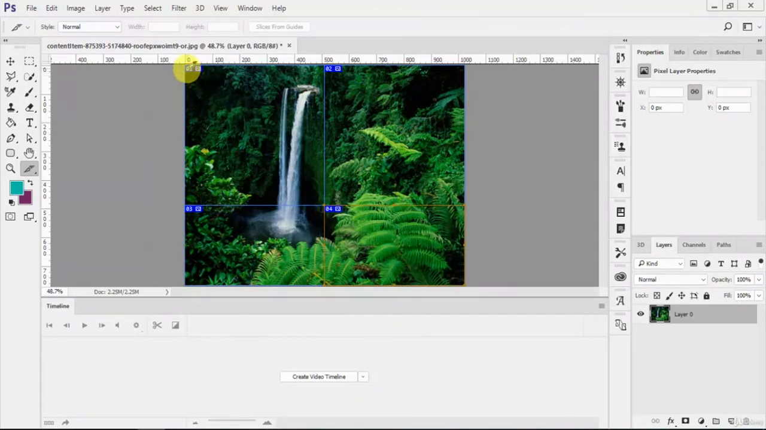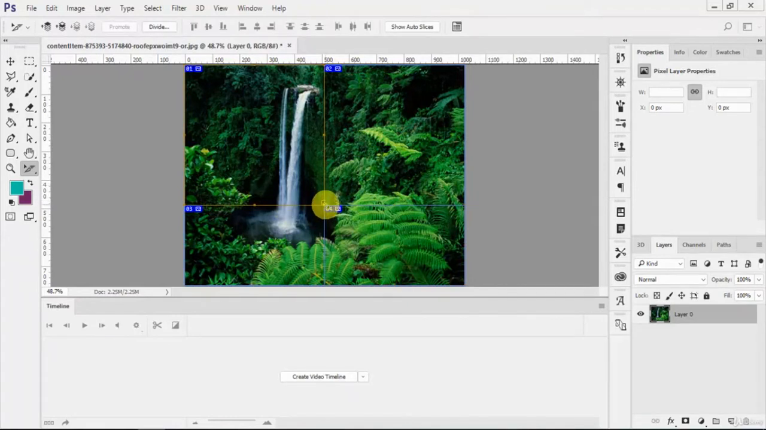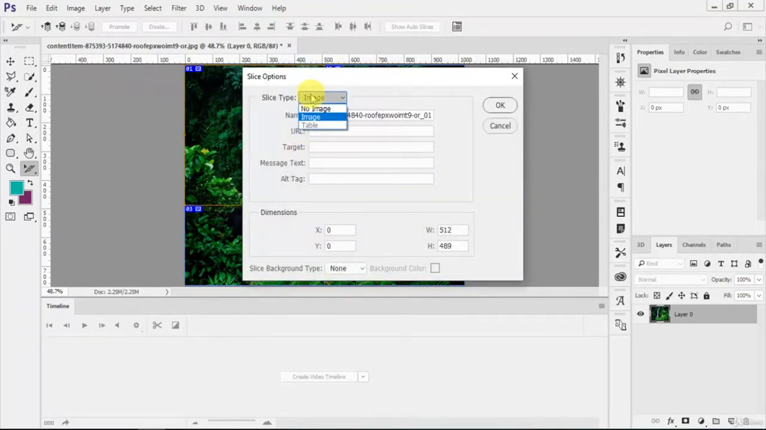You see it's showing 0 1 2 3 4, and now I'm going to select my slice select tool. You can select a slice and make it smaller or bigger, just like this. When you double click here, it shows the slice type: image, no image, table. We will select image. Now name it 1, and the URL is http www. We will first put google.com, and the target, of course, is open in a new window,